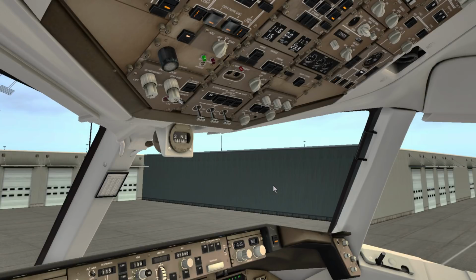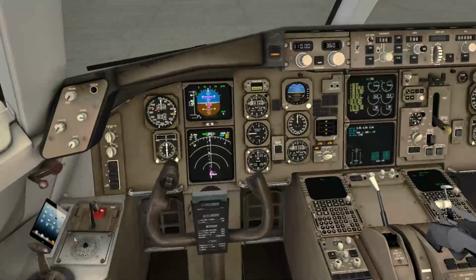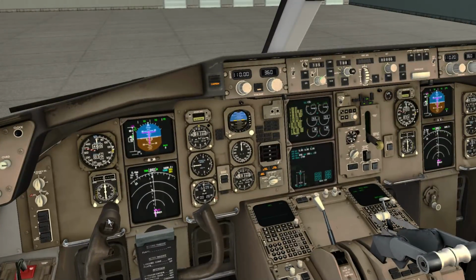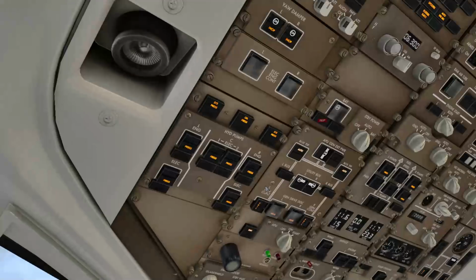Okay, pushback clearance. We'd call ground: FedEx 1554 to Memphis ground, ready for pushback, and we are cleared to pushback and startup. Nose wheel steering locked out. There's no way to do that on this plane that I know of. Check for... Okay, crew chief is authorizing us